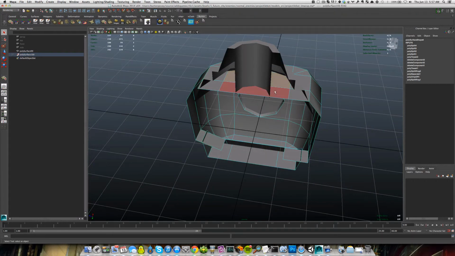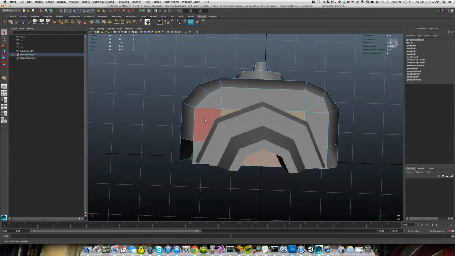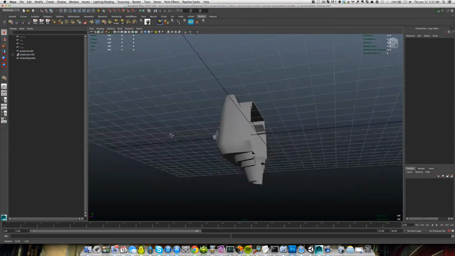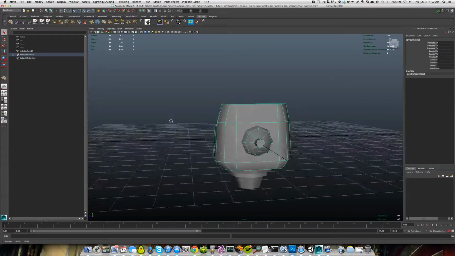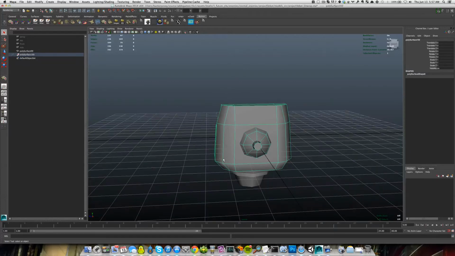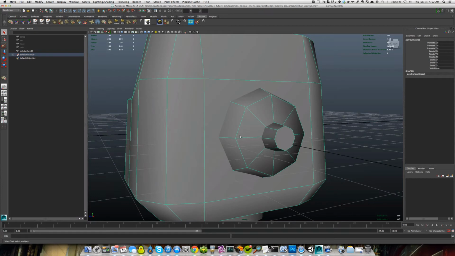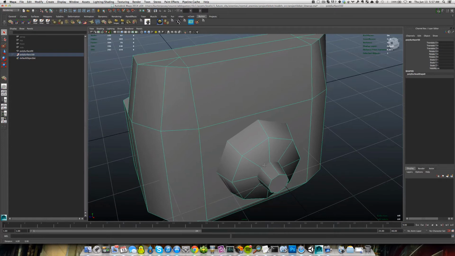Let's get rid of these guys on the bottom. Let's see if any of that's peeking through. It is. I think what I'm going to do is I'm still going to go ahead and delete those, but I'm going to move this edge inward. That'll all just be fine once I unwrap the UVs. Let's see, we've got the same number of faces on this as this. So what I think I'm going to do here is